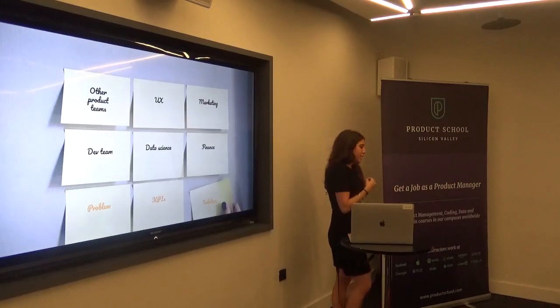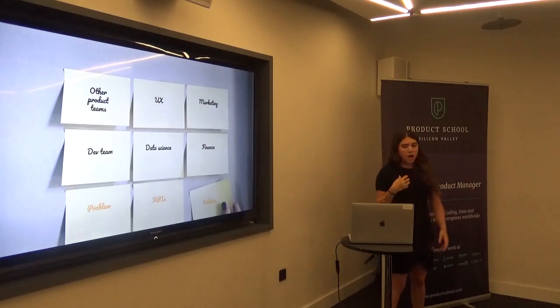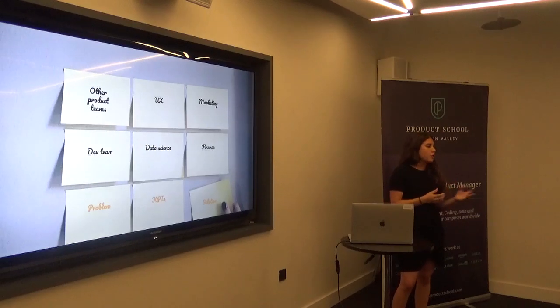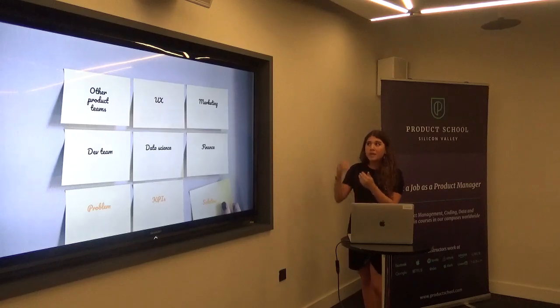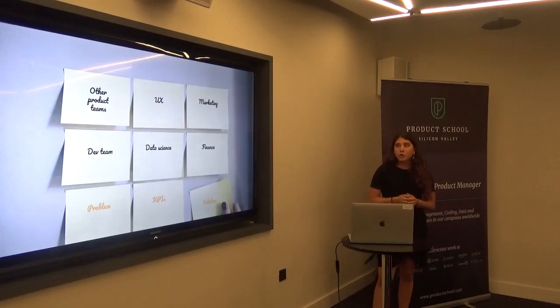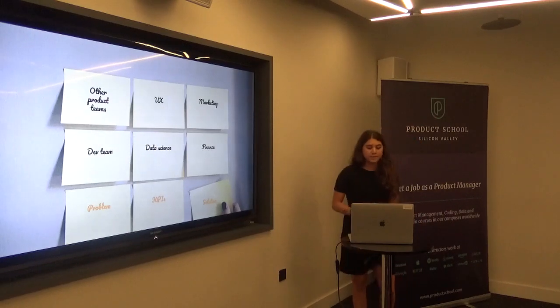I really believe that getting other team members and other departments onboarded into your vision at a very early stage is important because they need to feel empowered and they need to buy into the strategy that you're about to build. So working from the beginning with the relevant teams who may also have great inputs is really, really important.